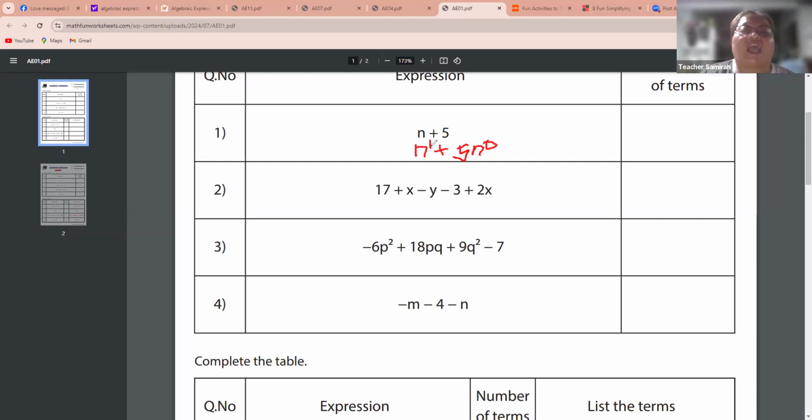If you look at it, n here is one term, while 5 here, or 5 times n to the power of 0, is another term. That is why we have 2 terms. Then if you look at it,